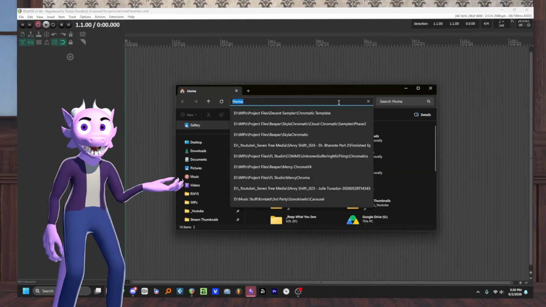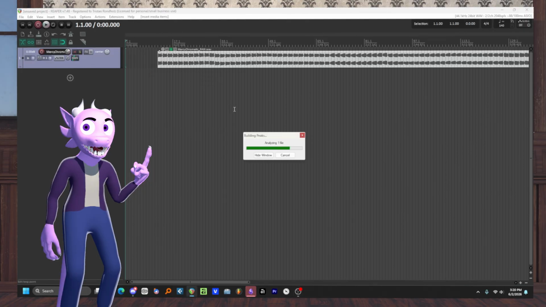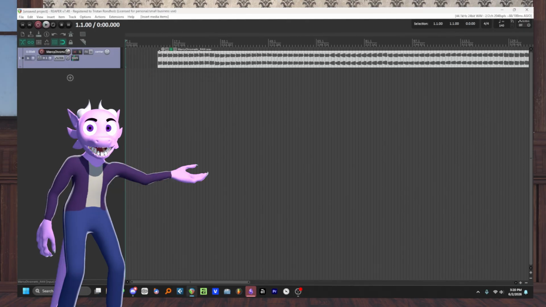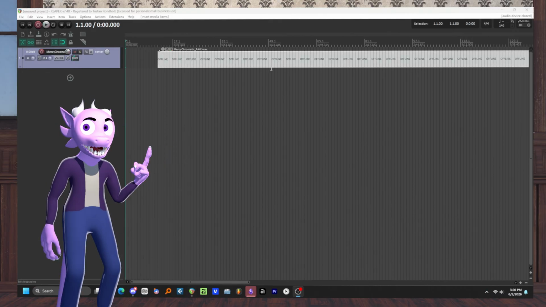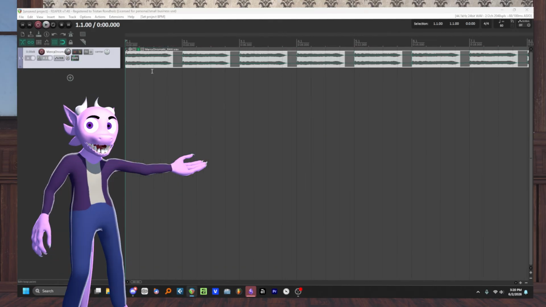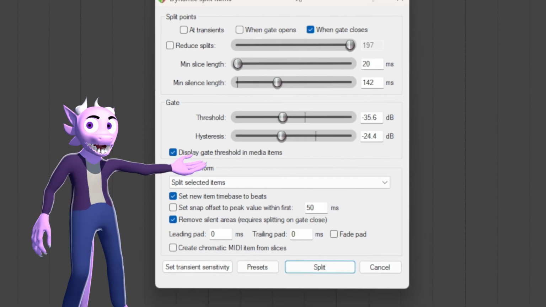Once you have your file exported, drag it into Reaper. Once the sample is in Reaper, ignore the beat detection pop-up and set it to whatever your tempo was in FL Studio. I'm setting it to 80 since that's what I put in FL. Next, press D to bring up Dynamic Split Item. Set it to when gate closes and play with the length and gate sliders until the silence from the chromatics